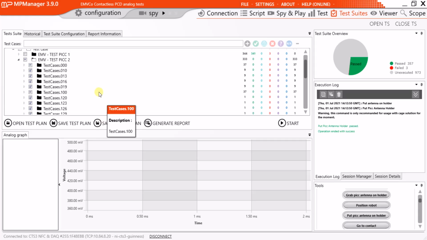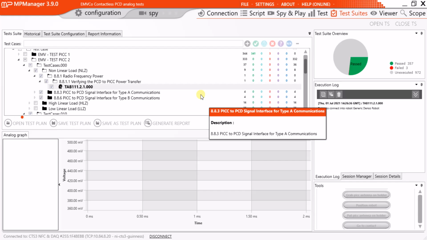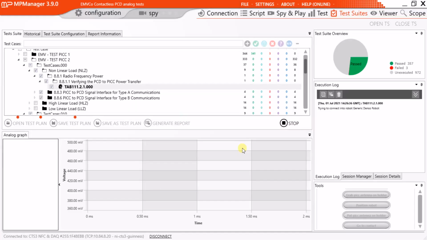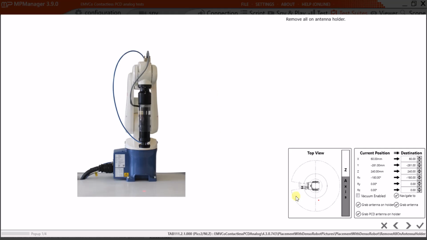So we've loaded our test plan for the nonlinear load location. You can see that for each test case, the nonlinear load test cases are already selected, so we can go ahead and press start. Now we will have a reminder to have our device in loopback mode. We can press OK. And then we want to grab our antenna, so we'll press grab antenna on holder, and